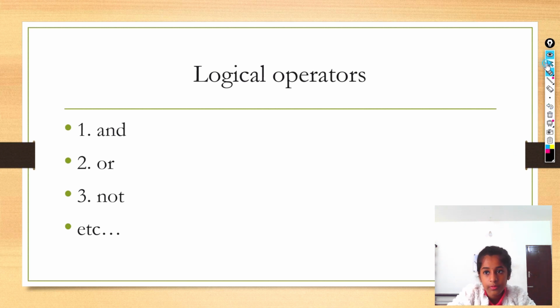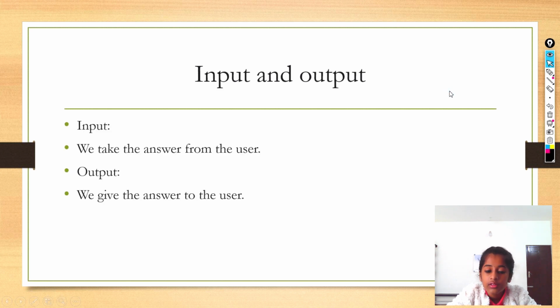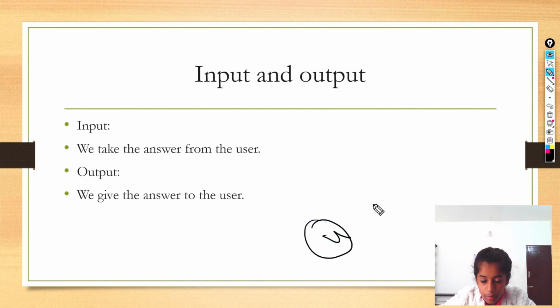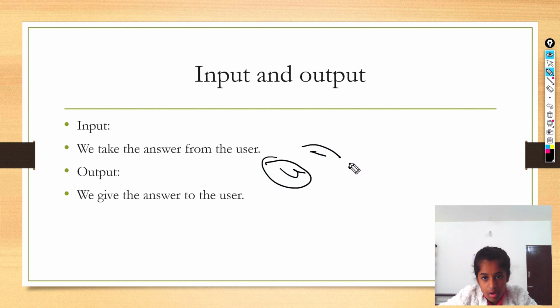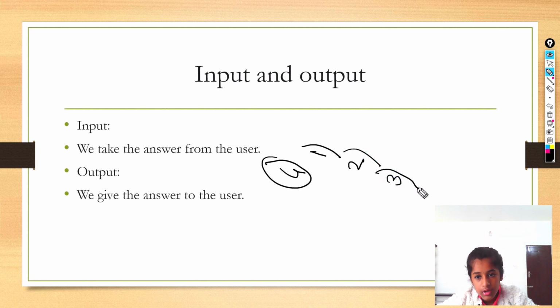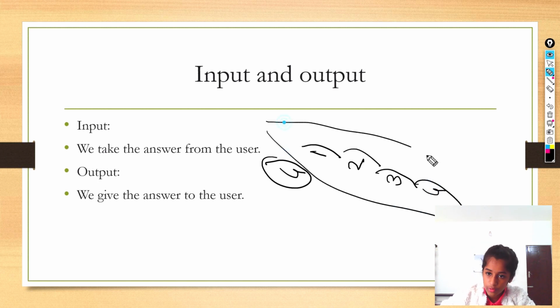Let's move forward and check the types. So yeah, there are 4 types of operator. One is the arithmetic operator, the other one is the logical operator. So one is the logical operator, second one is the comparison operator, third one is the assignment operator, and the other one is the arithmetic operator. So we got to know the different, basically the main, types of operators.